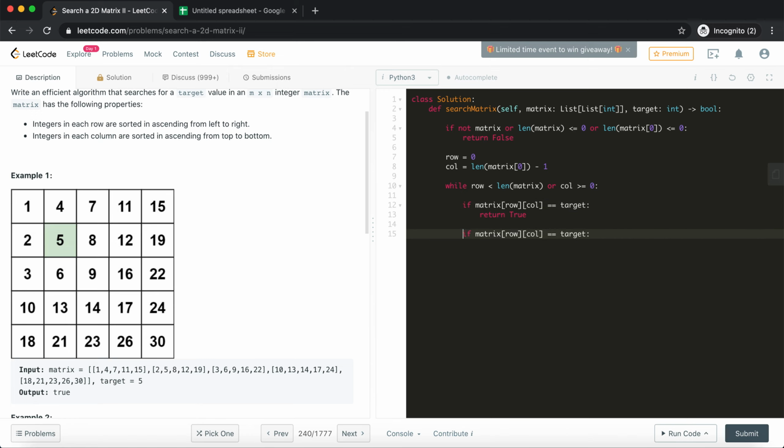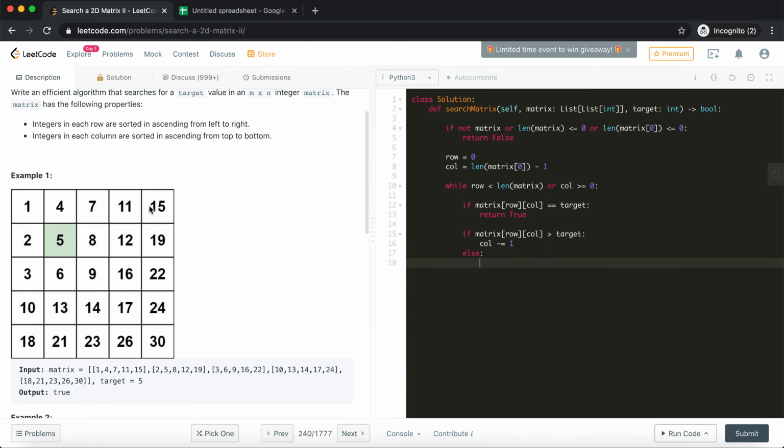If the element we are looking at, say 15, is greater than the target that we're looking for, then we need to continue searching leftward, so we'll reduce the column.